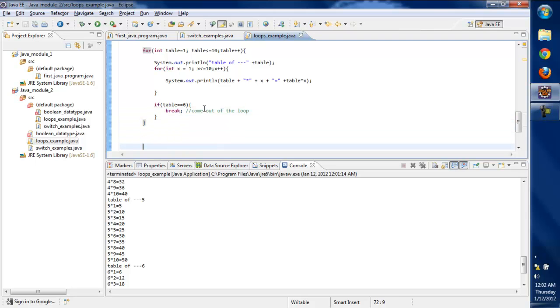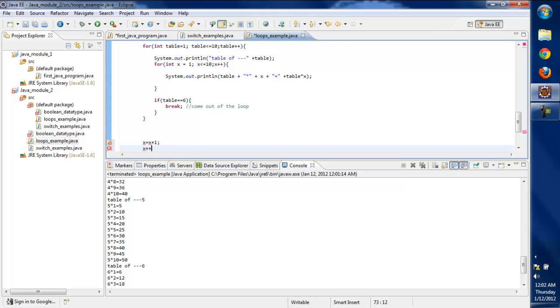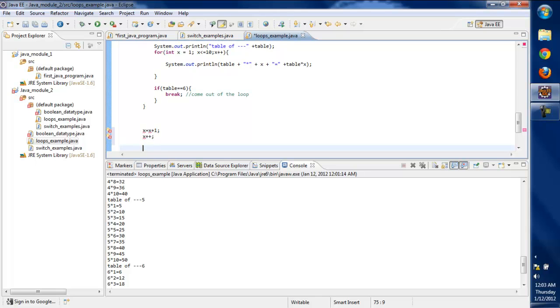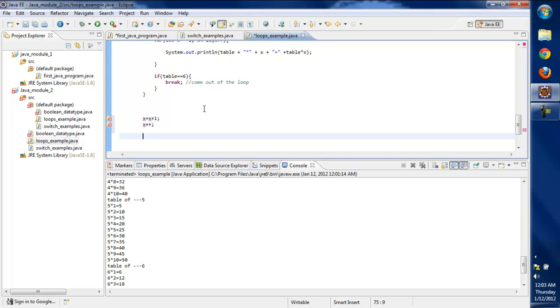So in the previous examples we have seen x equal to x plus 1, x plus plus. So these are basically the pre and post incremental operators. Now I'll tell you something about the pre and post incremental operators. So let's suppose we have the value int p equal to 1. Let me delete this. We have the value p equal to 1, and if I write System.out.println p plus plus,